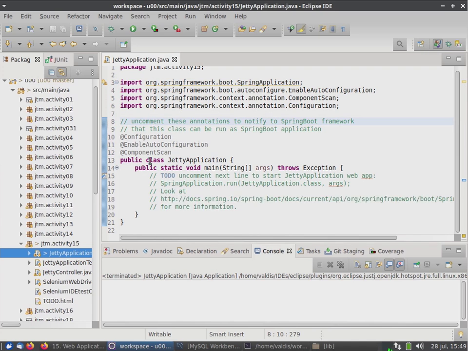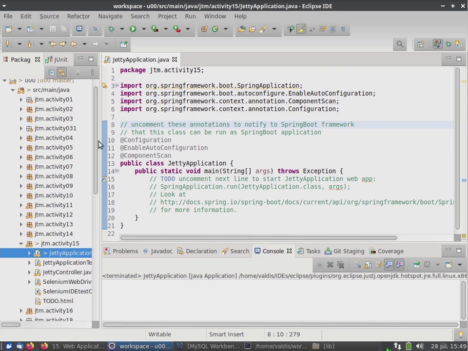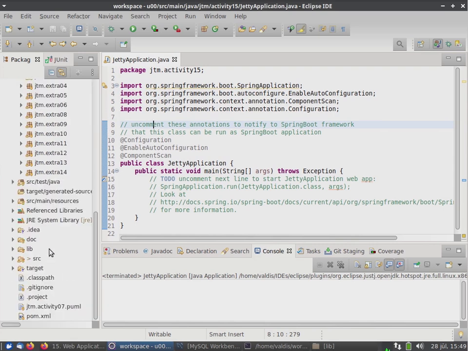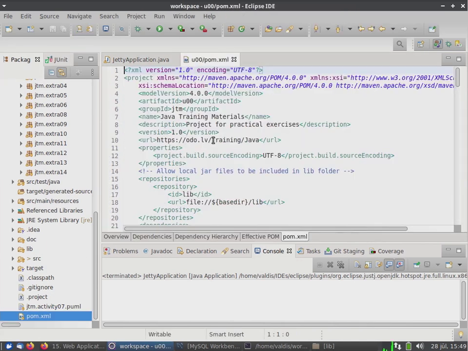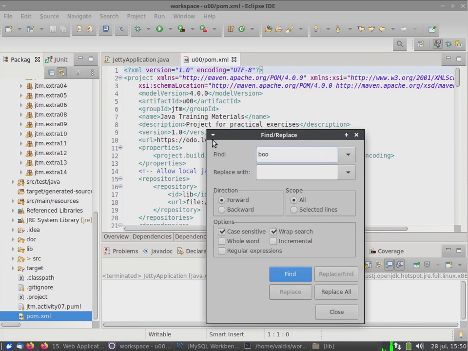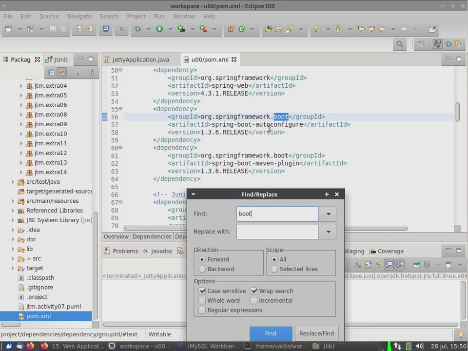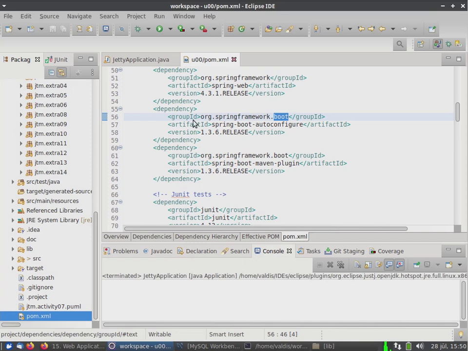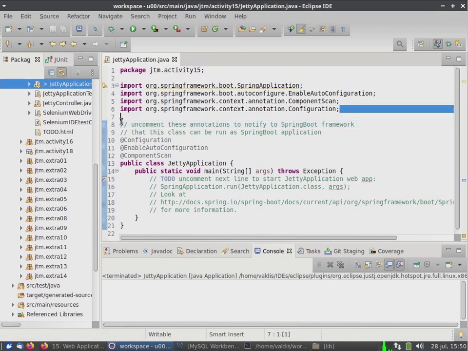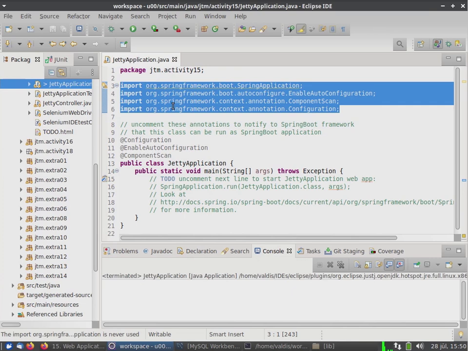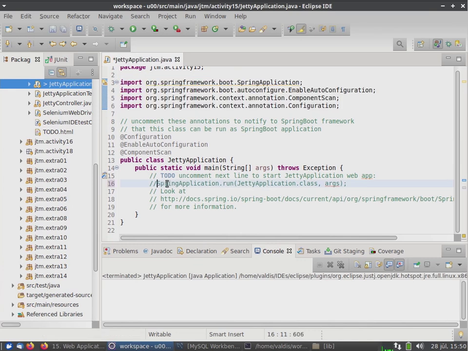So we add the needed annotations, and of course, what is already done for you is in the pom.xml file we have added this dependency on the org Spring Framework boot application. Otherwise, of course, we would not be able to import these classes, because these are not part of the Java standard. And then inside this main method